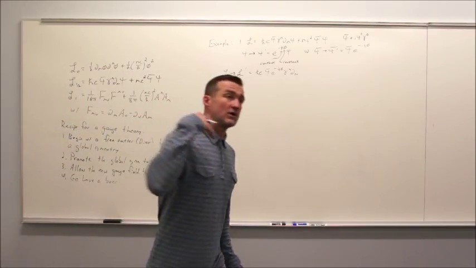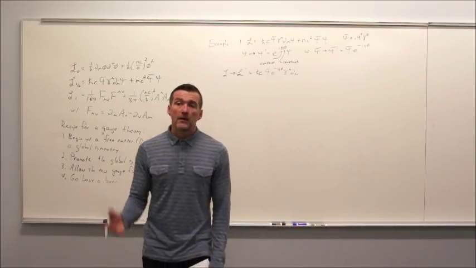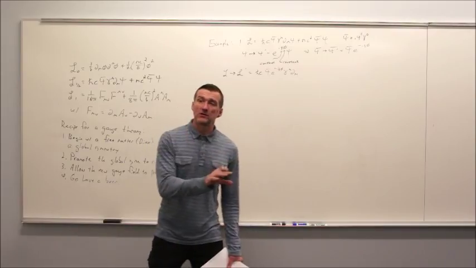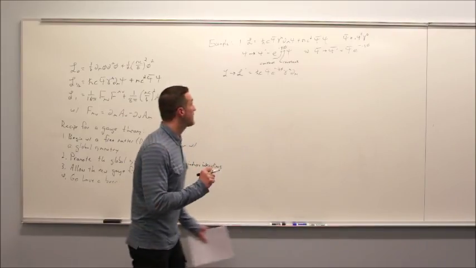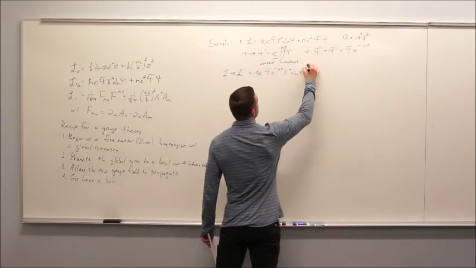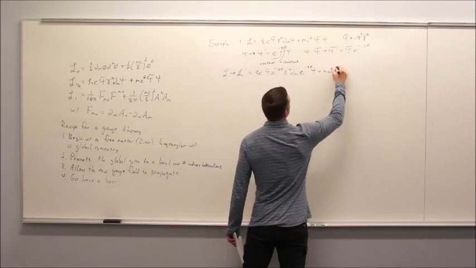Gamma mu and d mu would change if we were doing a Lorentz transformation. Okay? But they have nothing to do with the fields themselves, and it's the fields I'm transforming. So they don't get changed. And then, of course, psi gets that e to the i q phi psi. And then the mass term